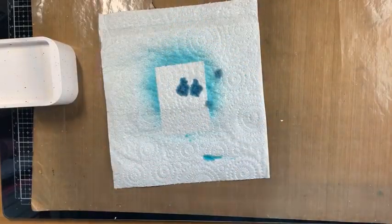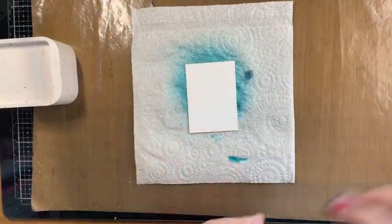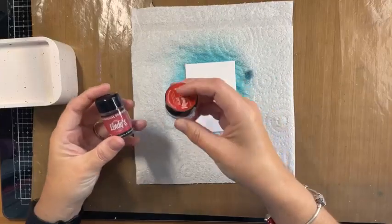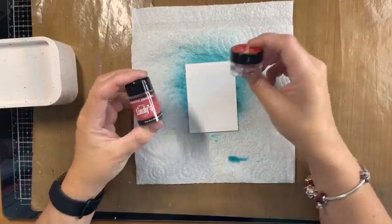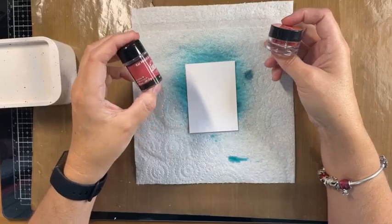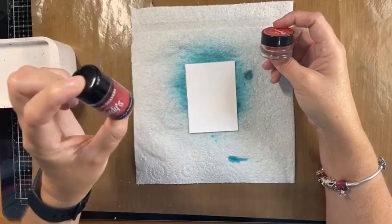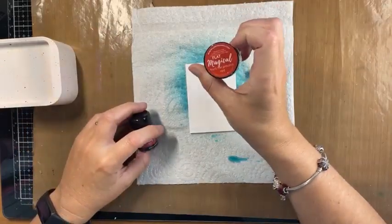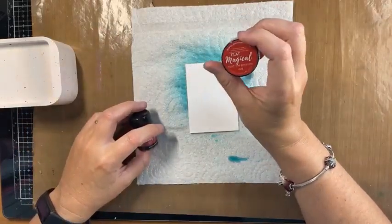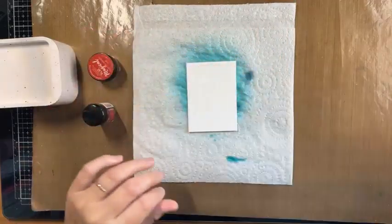All right, so the next one I'm going to do is the red. Now, this one I'm not going to use the sprays. I've got two different types of magicals. This one is a vermilion, and this is a flat magical from the Monet All Day set that came out recently, and this is one of the shakers. This is Nat's set that she created, and this is the Trust the Process red. So what I'm going to do